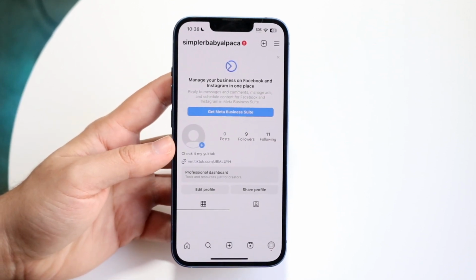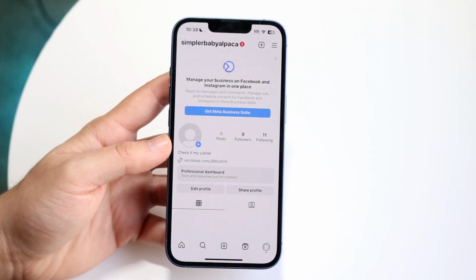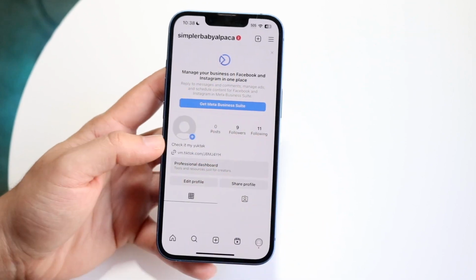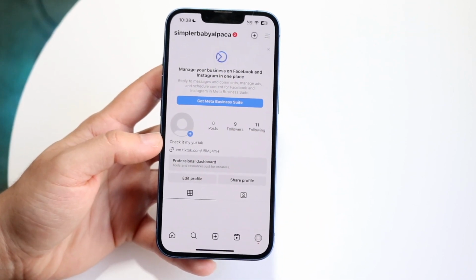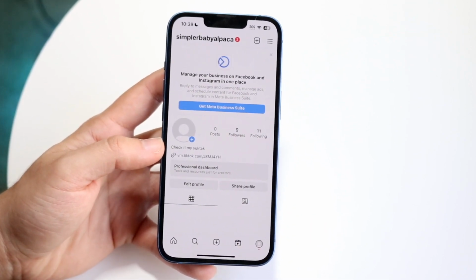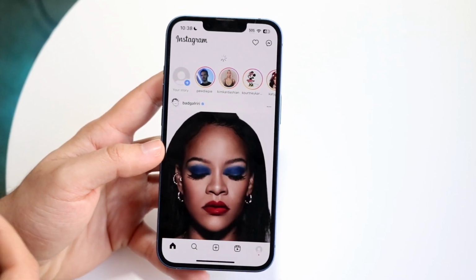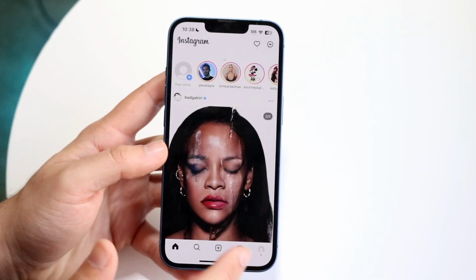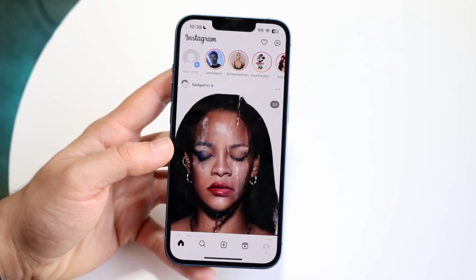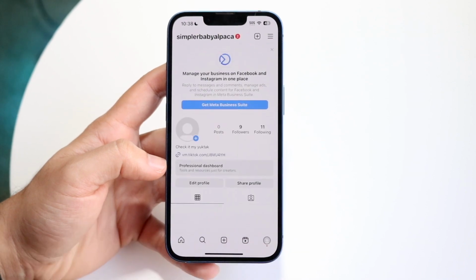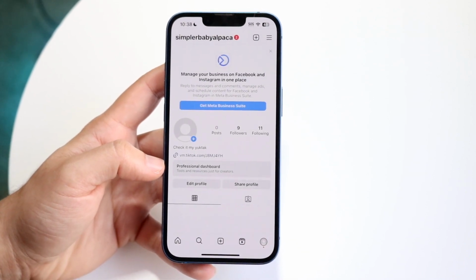Now, if they are missing, you may just want to remember and keep in mind, are the people showing those pop-ups on the top of Instagram that you can swipe out of, are they random accounts like myself, or are they business profiles or even verified users? If they are business accounts or professional accounts of some sort, well, that might be the issue that's basically going on. So you might not be able to see these pop-ups because you don't have that